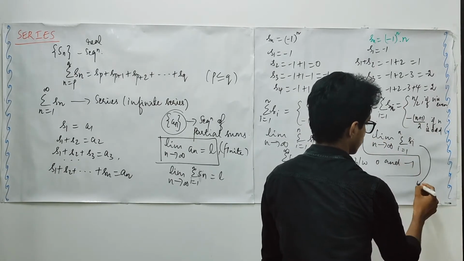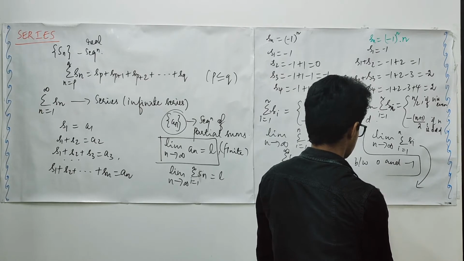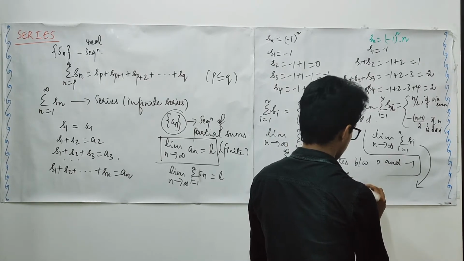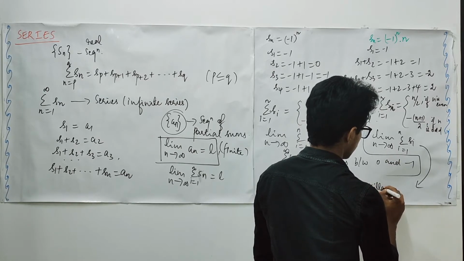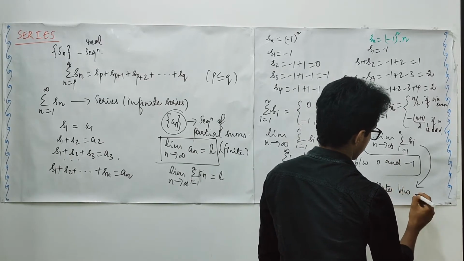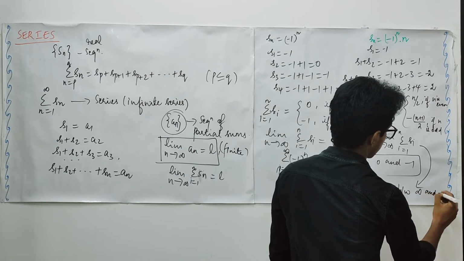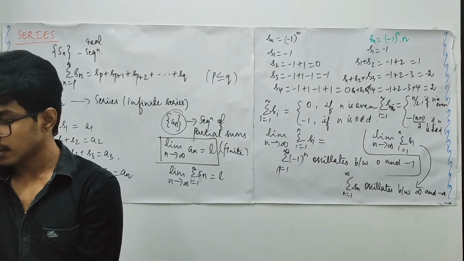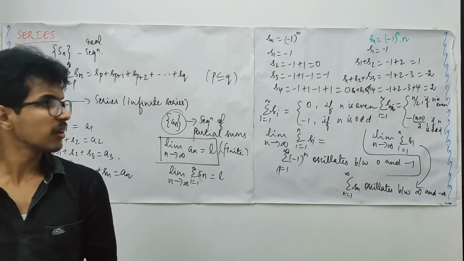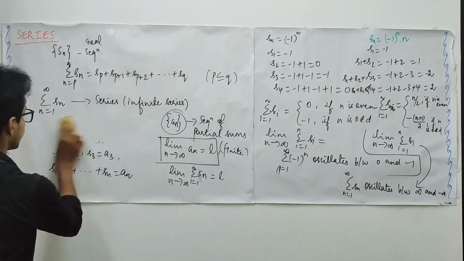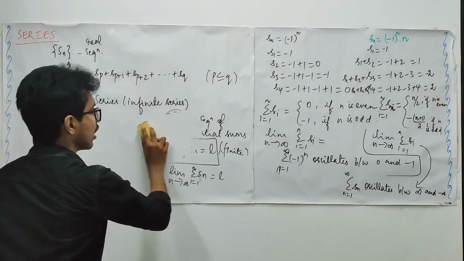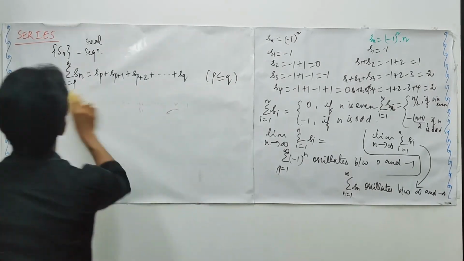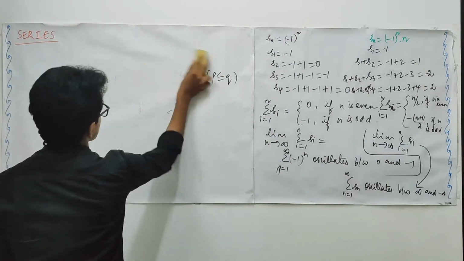So this, that is summation Sn, n runs from 1 to infinity, oscillates between infinity and minus infinity. Now you may ask me whether all series are going to be of this sort only. Will we not have any convergent case? Of course we have convergent series as well. Let me give you that too.